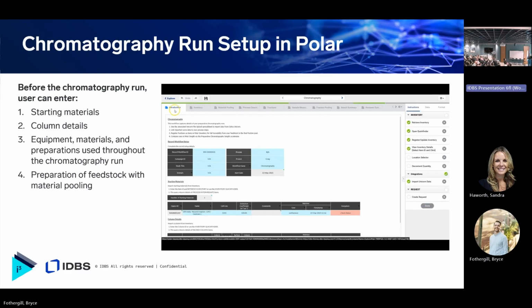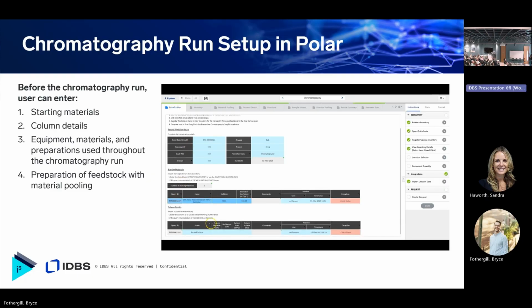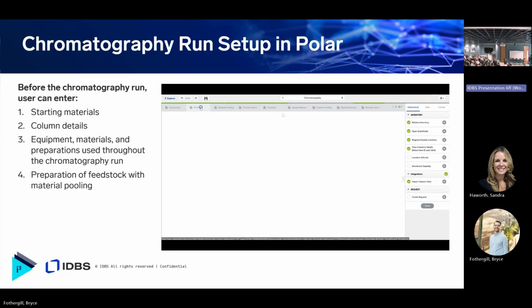So, like I just said, we're going to start with some chromatography run setup. Before I press play on this demo, what you are going to see is the user enter some starting materials for the run, some column details from inventory, optionally equipment, materials, and preparations that they may use. All of this may look familiar to what Sylvia and Matt presented earlier, and then preparation of the feedstock with material pooling. So, in this demo, you can see that the user has queried a starting material, also a column,